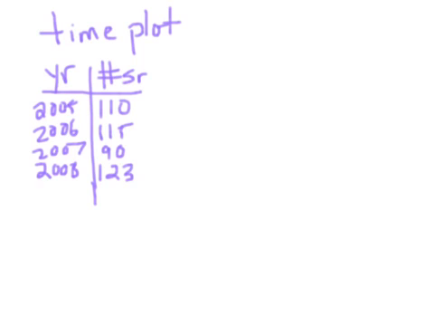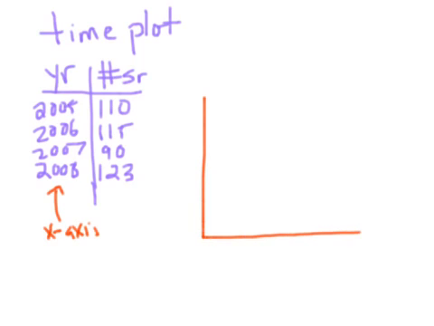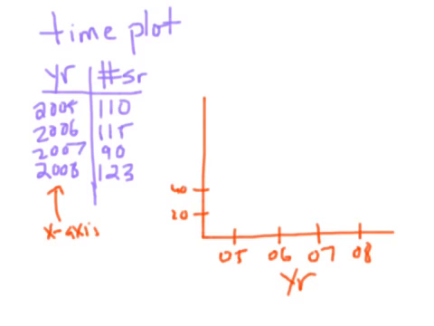So for a time plot, the key thing is that on the x-axis, you always have to have time. Often that's years, but it could be days or something else. So we'll just make a scale here. On the x-axis, we've got year: 05, 06, 07, 08. Pick some scale for the y-axis. Let's go by 20: 20, 40, 60, 80, 100,